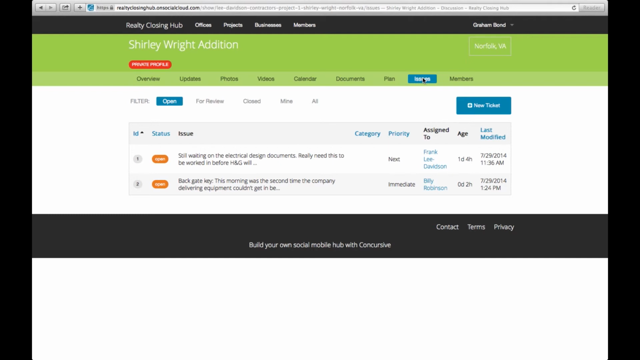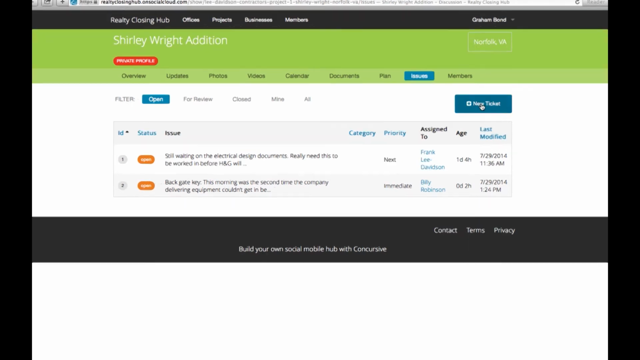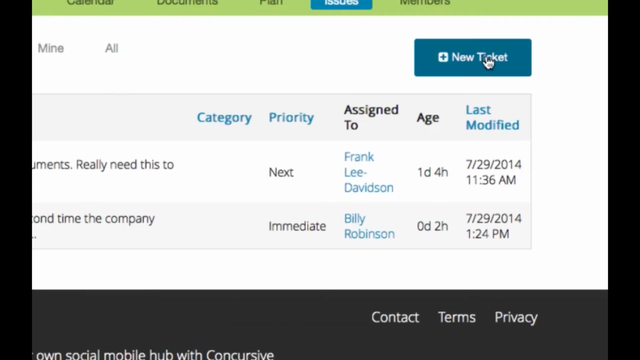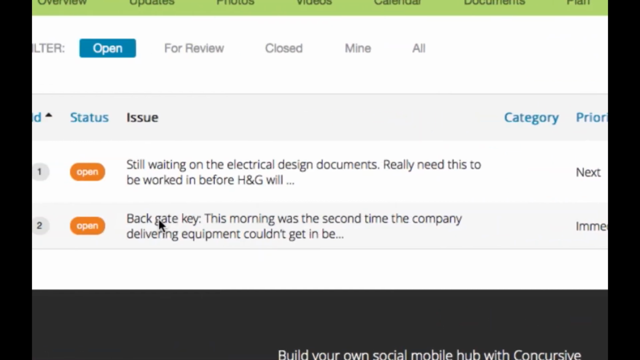If you're familiar with the concept of trouble tickets, it's that. So something comes up and you want to make sure people know about it. So you just create a ticket, and you just click this button and fill out a little information and you've got a ticket. So here's a ticket I started this morning. It's about that back gate key. It was becoming frustrating to everybody. So I started a ticket